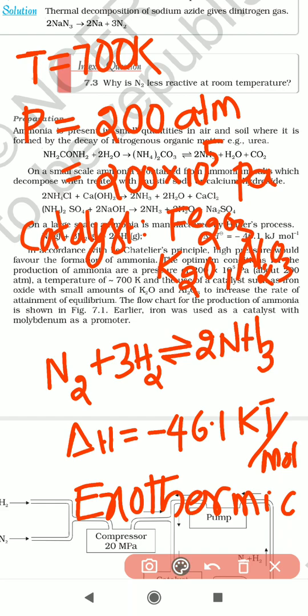And during this reaction, what is the catalyst, what is the promoter we are using? Very important, the promoter. Molybdenum is acting as one of the promoters. It will promote the chemical reaction, that means reactants will be converted into product very fast. Promoting is nothing but speeding up. So the speeding up of the chemical reaction takes place if you add that promoter.